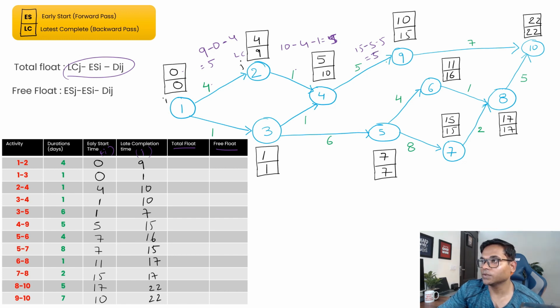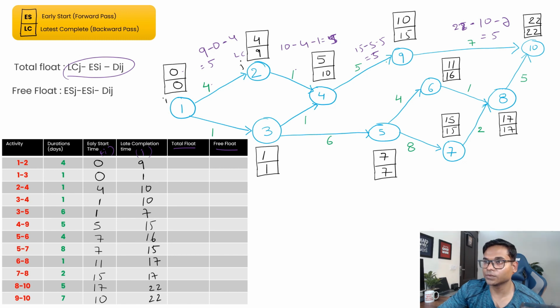Then for this one we give 22 minus 10, which is 12, minus 7, which gives you 5, right? Then this is fine, and then we'll come to the